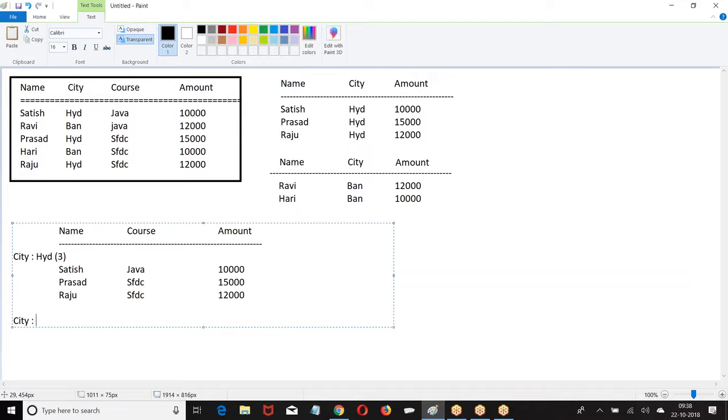Then I have city, Chennai. Now what was that?